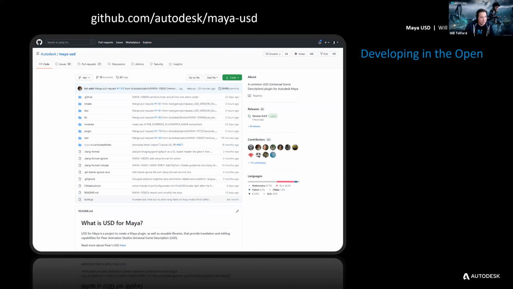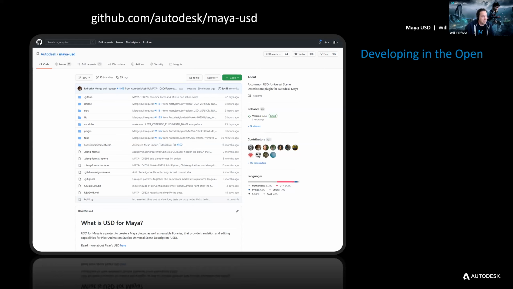Now, the great thing about this is open source. It's decoupled from Maya. It's a plugin. So, within the next few weeks, there's going to be an updated installer for the Maya USD plugin that's going to bring even more features. We have the ability to keep dropping features, and you as users have the ability to engage with us and talk with us. I've put the website here,